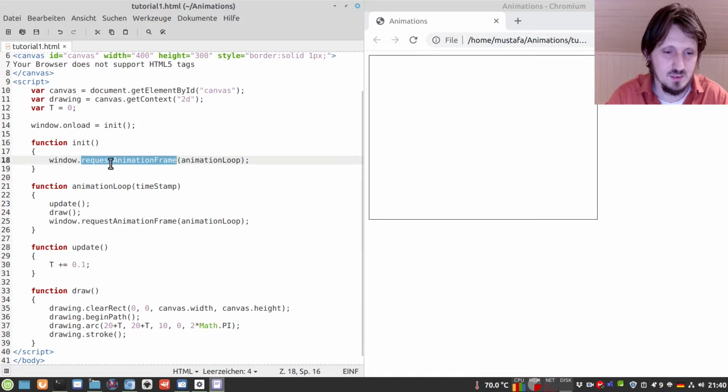Then you need this request animation frame function and this animation loop function together in order to tell JavaScript that you do an animation and what happens in every timestamp that is created.